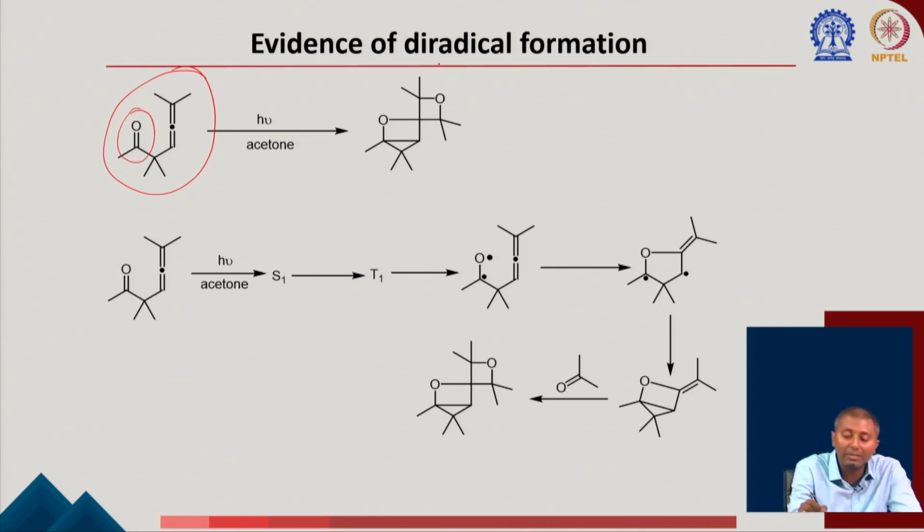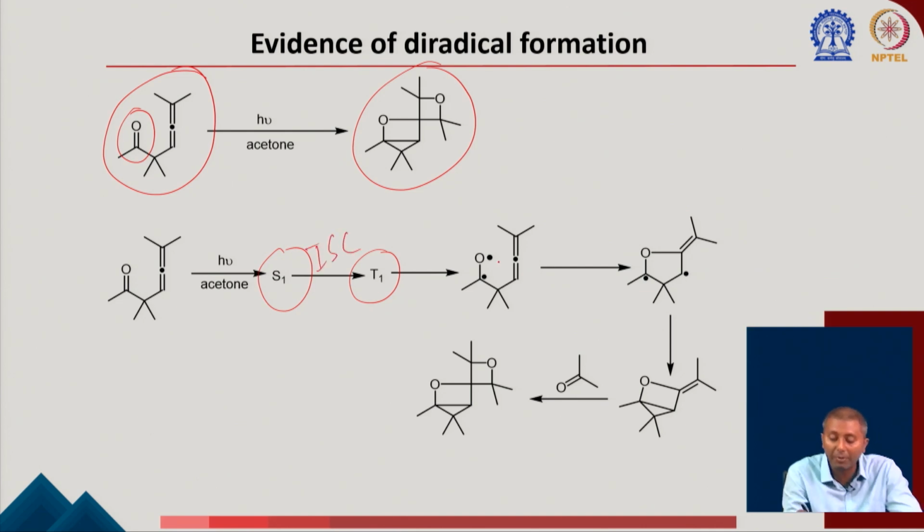So they have isolated this product. This is also giving an explanation for the formation of this type of biradical. First, there is an n to pi star transition happening from singlet to triplet through intersystem crossing. Okay, and then what is going to happen, you can see